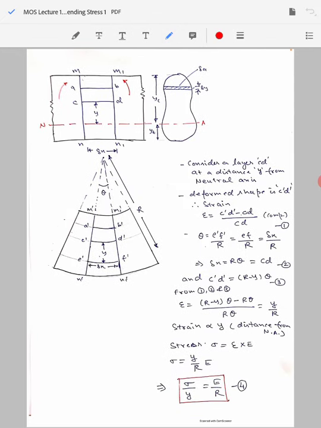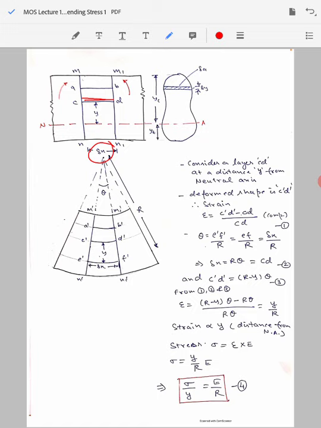Now let's analyze this particular element dx in more detail. We have a continuous, long beam here, and we are analyzing a small portion of it, delta x. We see that all these fibers A, B, C, D, M, M1, N, N1 are all of the same length, equal to delta x. Let's consider a fiber CD which is at a distance of small y from the neutral axis, or the neutral fiber we just discussed.